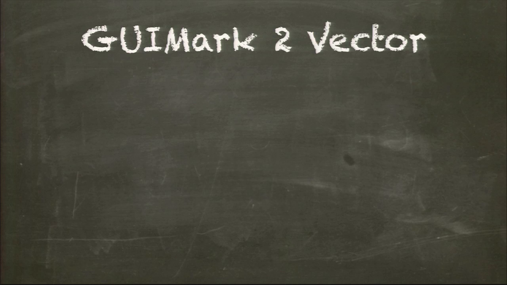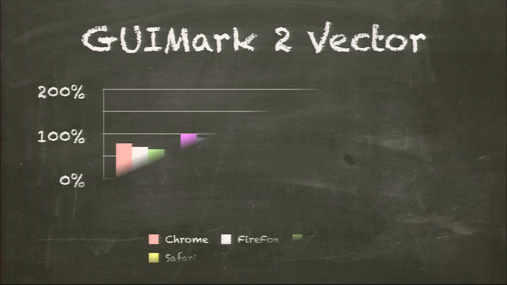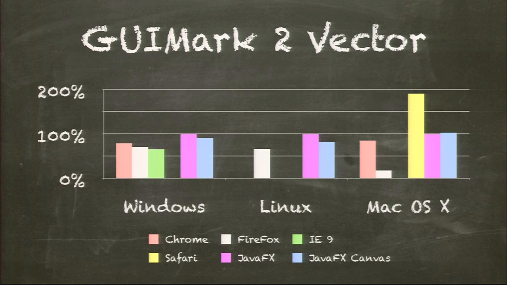So the first benchmark that I had results for was GUIMark 2 vector. This test has been around since, I believe, 2007. In this test, it basically draws a 4-level stock chart that's continuously animated. I grabbed performance numbers for Chrome, Safari, Firefox, and IE9, all the latest versions, on Windows, Linux, and Mac OS to the degree that it was applicable. And then I had 2 different tests for JavaFX, one that uses the